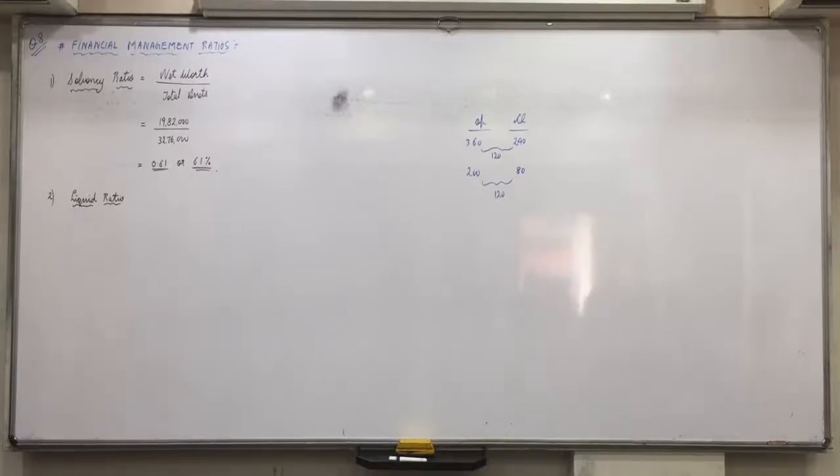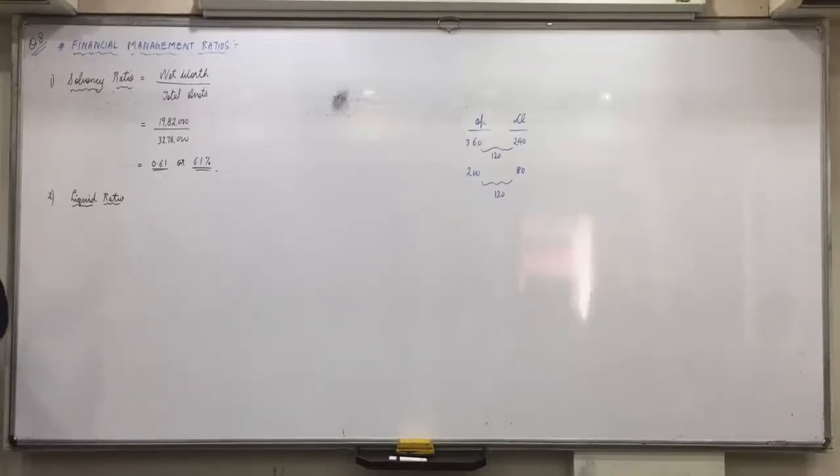2 lakhs. Closing? 150. How much did we pay last year? 50,000. So pending is 150, means we will still pay 50,000 in the next year or not? Yes. Compare it with the closing, okay? Home loan, what is opening? 10 lakhs. Closing? 9 lakhs. How much did we pay last year? 1 lakh. And 9 lakh is still pending, which means again 1 lakh will be paid in the next year.